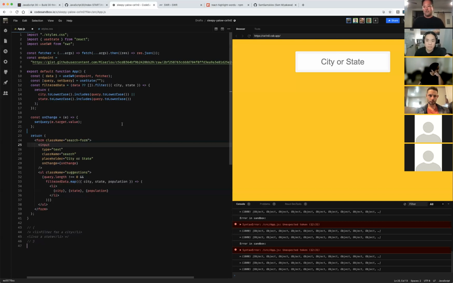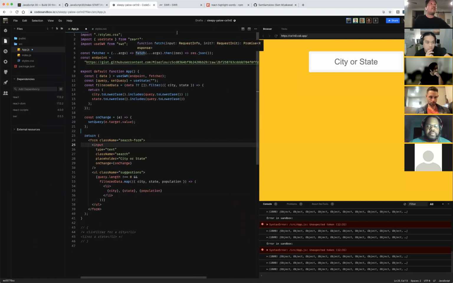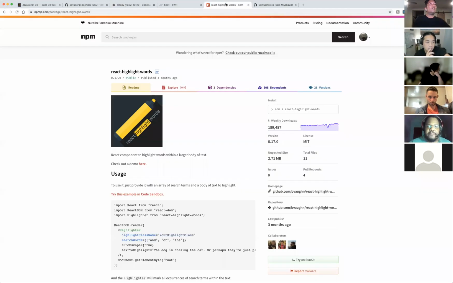Any other questions? Okay, let's try to install this React highlighter thing. So React Highlight Words. The API looks super simple. It looks like it's made by this React guy, Brian Vaughn. I don't know if people follow him. He also makes React Window, I think, which is